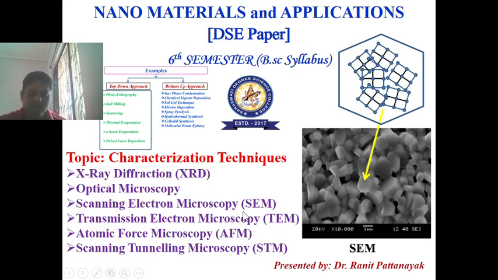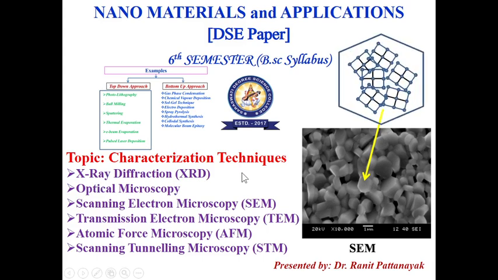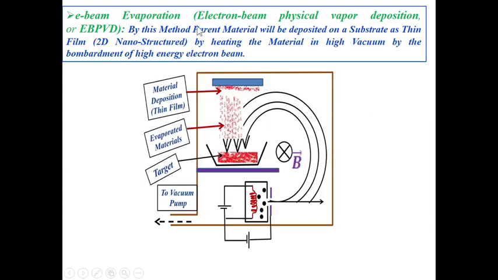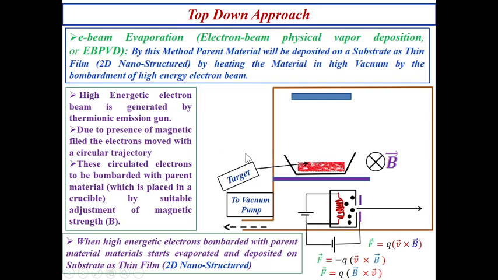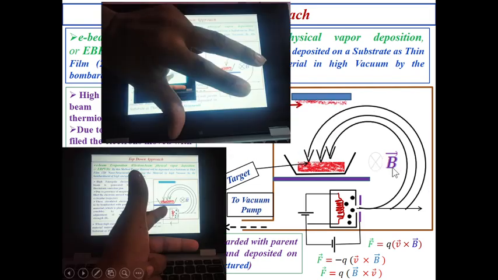Okay, so let's start. Before we start X-ray diffraction, I want to suggest one thing: in your E-beam evaporation, we need a simple correction. In the first lecture I said that B will be in the inward direction, but in the second lecture, you can refer to synthesis methods part 2, I said that it will not be inward, it should be outward. How it will be outward I explained in detail, so you can follow that video.